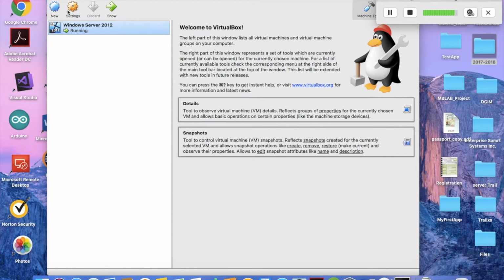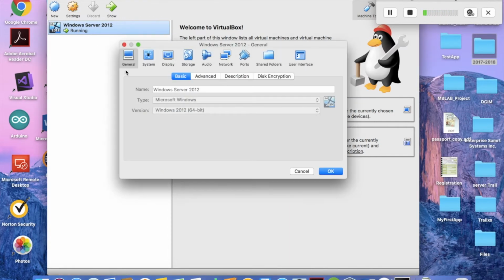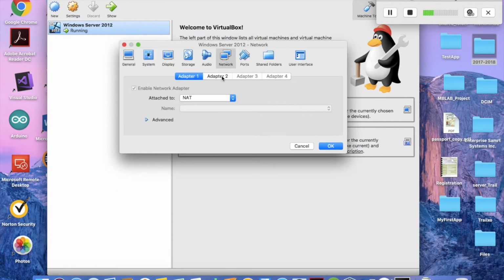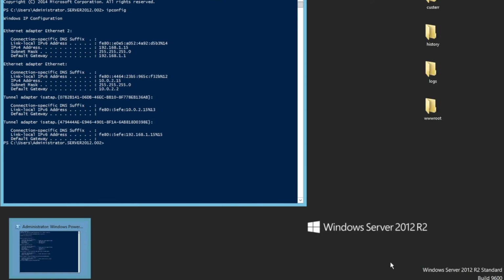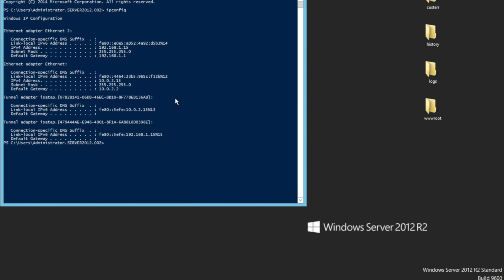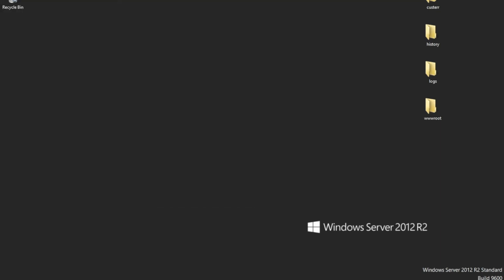As a summary, you need to go first to the settings and define a new adapter, bridge adapter, then go to the guest server and run ipconfig on the network where you can find the second adapter. It's defined at IP address 192.168.1.15. Then you go to the server manager,